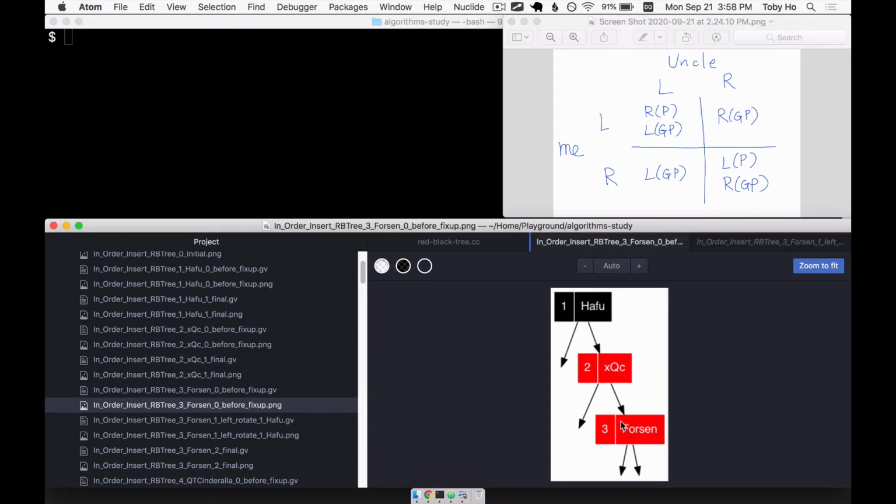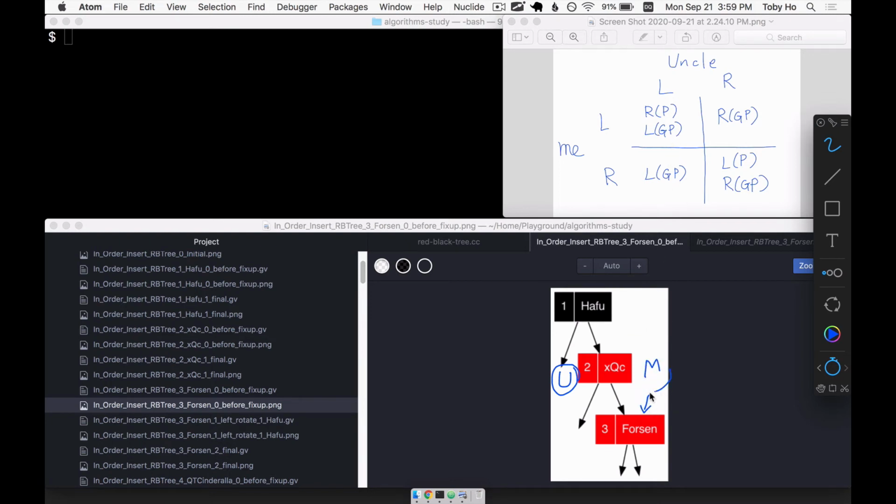So this is the matrix. In this case, Forsen is the right child. So Forsen is me. I am Forsen. So I'm the right child, whereas my uncle should be the imaginary left child of Hafu. So this guy is my uncle. Even though he doesn't exist, it doesn't matter. We still choose the procedure the same way. Whereas this guy is me, Forsen. I'm Forsen. So because my imaginary uncle is a left child and I am a right child, we're gonna pick